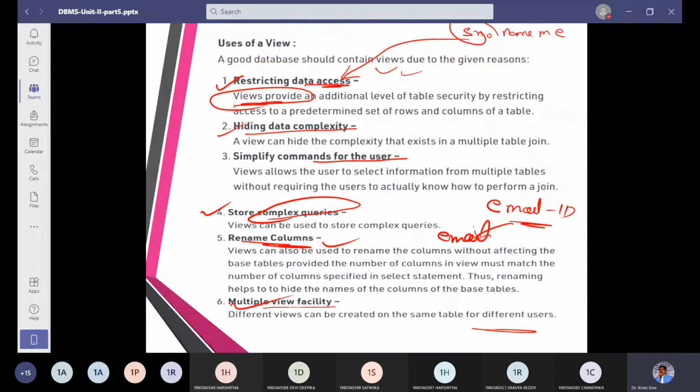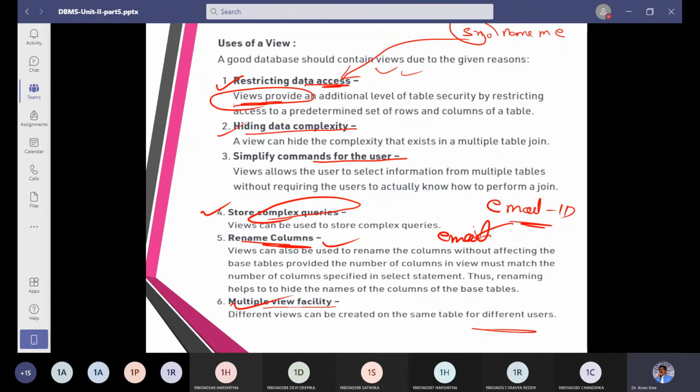And what are the different uses of a view? It is going to restrict the scope of data access. Assume that in our ECAP, we have student number and student name. You cannot change student number and name. What you can change is your mobile number and your email. Giving you those two options freely, we call it restricting. Similarly, you don't know how the query was executed. You don't know the complexity of a query. So that is where we hide the complexity of a query.